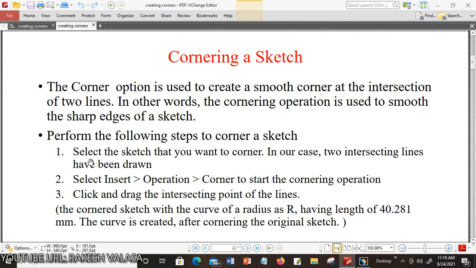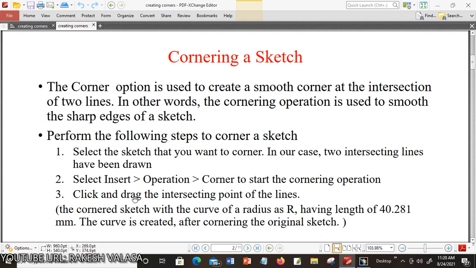First, you draw the two intersecting lines. Select the sketch that you want to corner. In our case, you select two intersecting lines and move to the Insert menu, and in this you choose Operation and then choose Corner. The corner operation is selected.